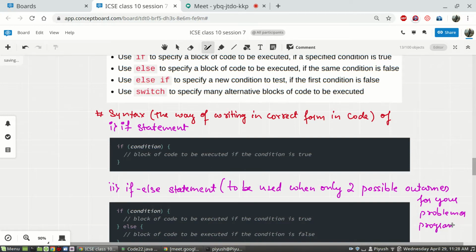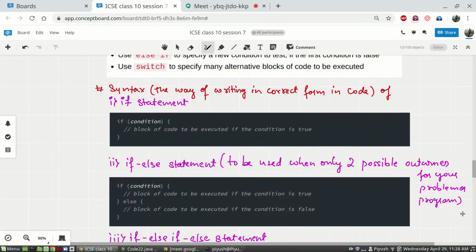Okay. Fine. So when you have only two alternatives, either this will happen or this will not happen, in those cases you are going to use this.